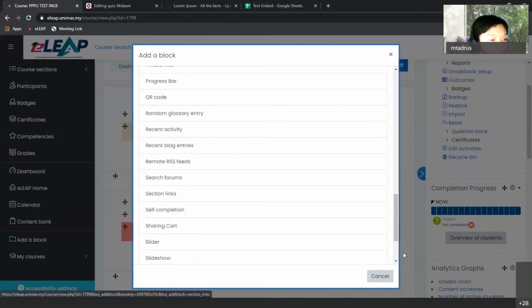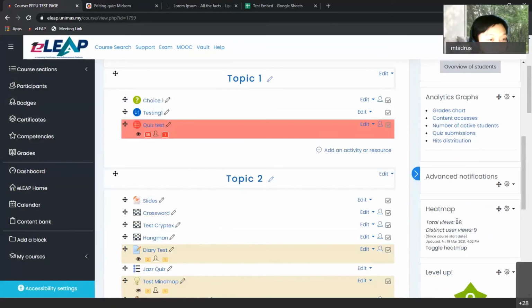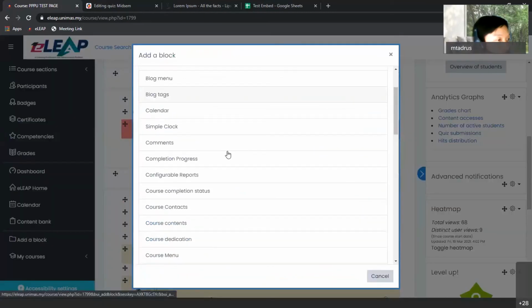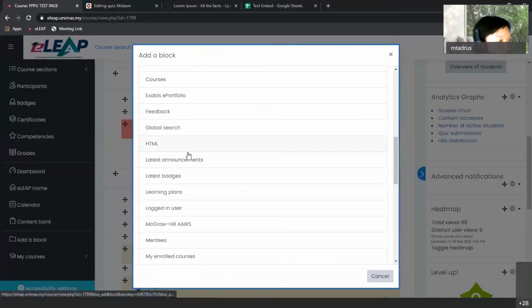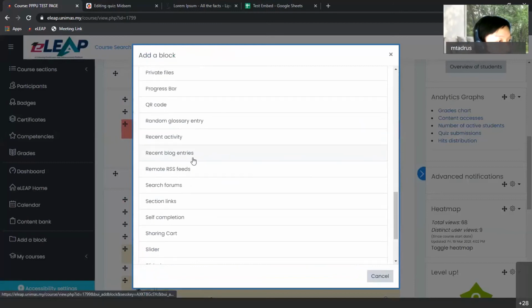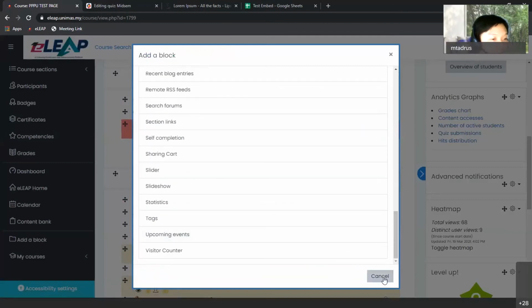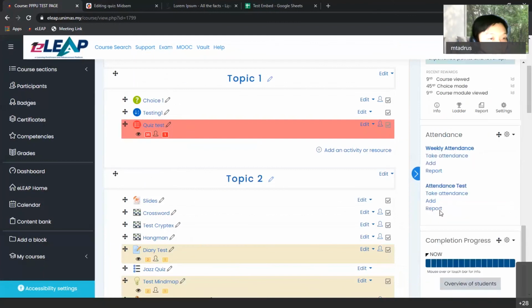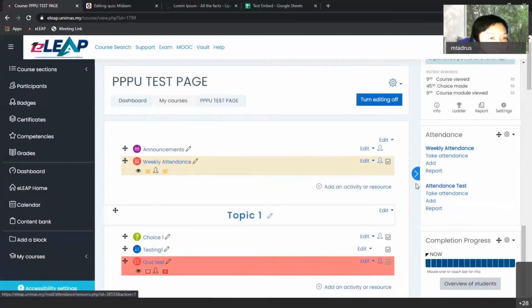What is the name of the heat map? Sorry, heat map hash. I think because I added it already, it is not there. But after you add it, you can see it